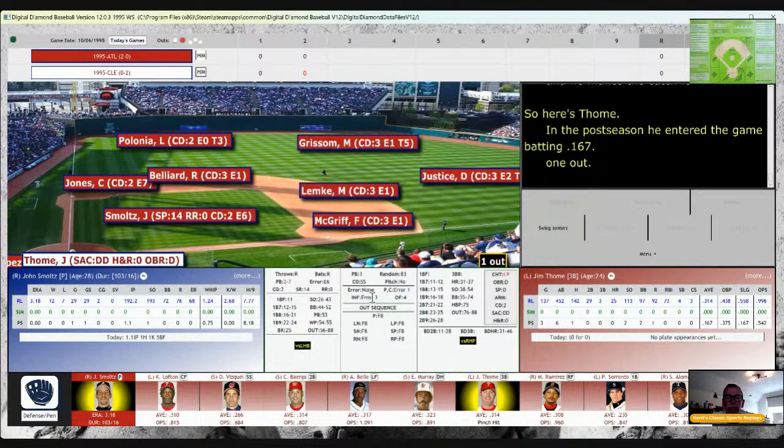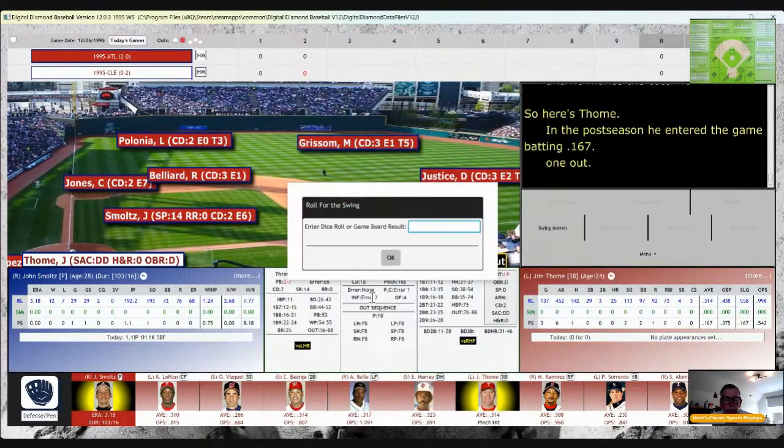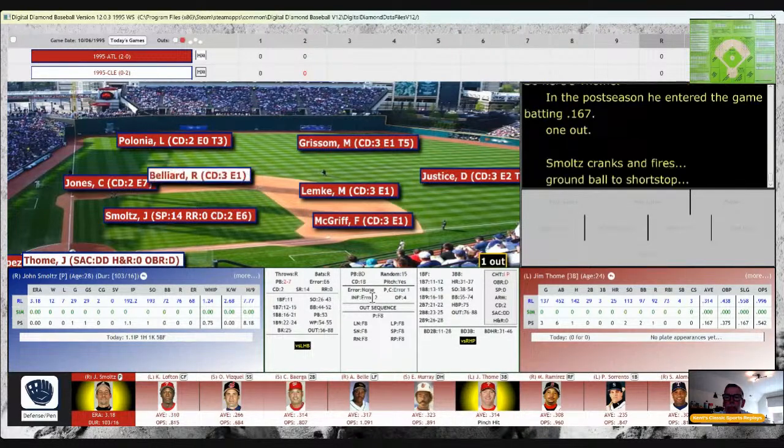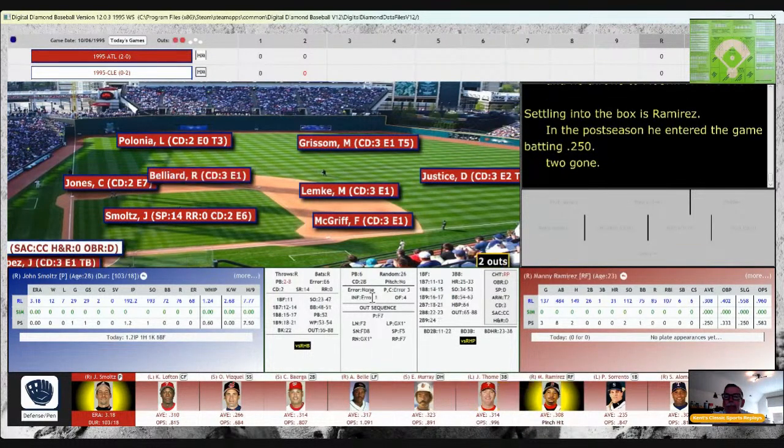There is none. So it's sharply hit at Belliard at short. Ground ball. Fires it over to McGriff at first for out number 2.